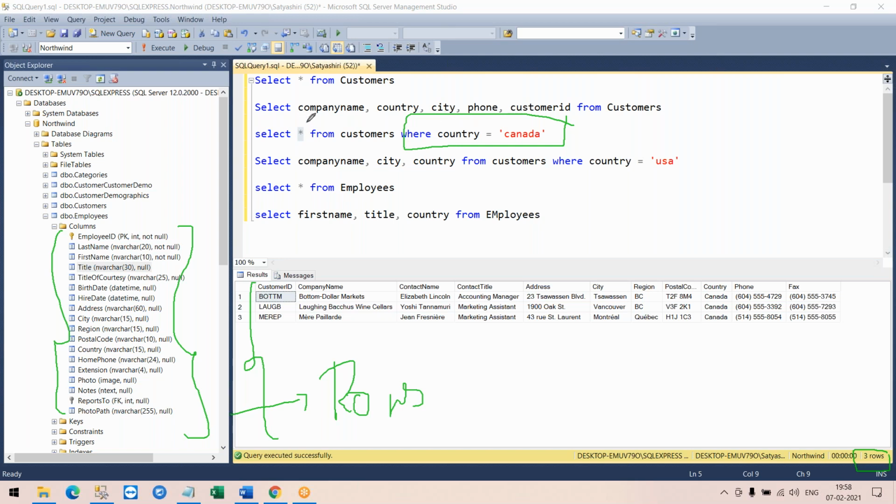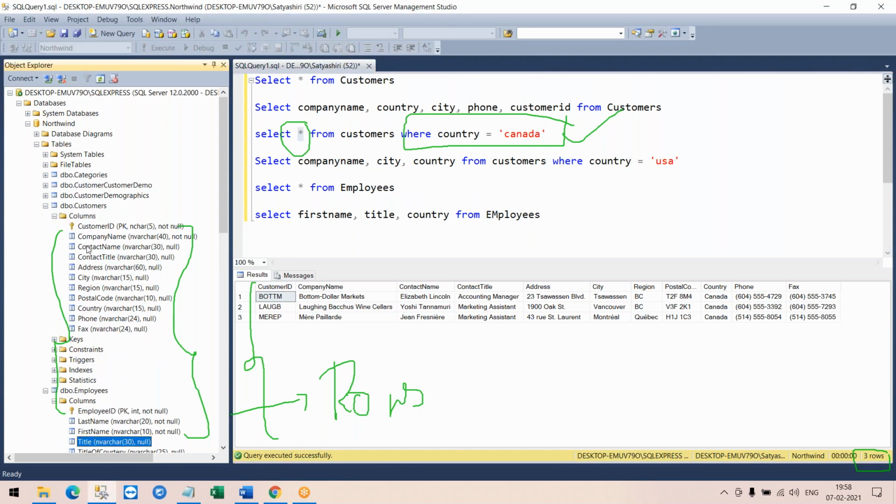You want the complete customer table data, but only for Canada. Star fetches all the different columns inside your table, but you're not fetching the complete customers table information. You're fetching complete columns, but applying a condition on which customers you want. Okay, thank you.